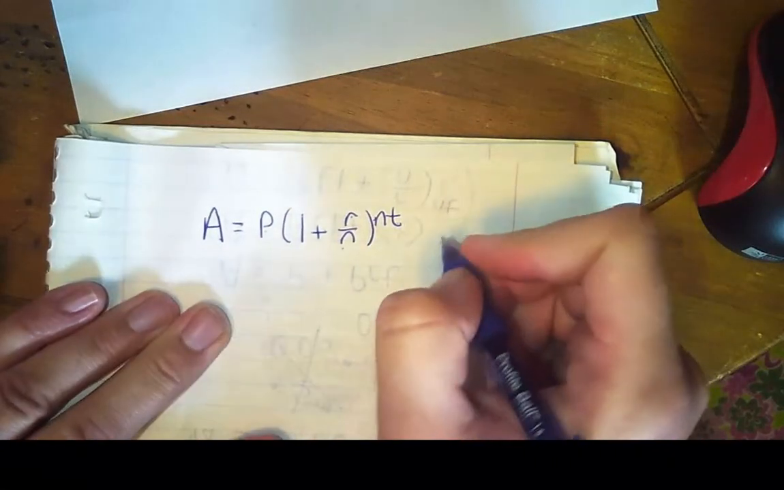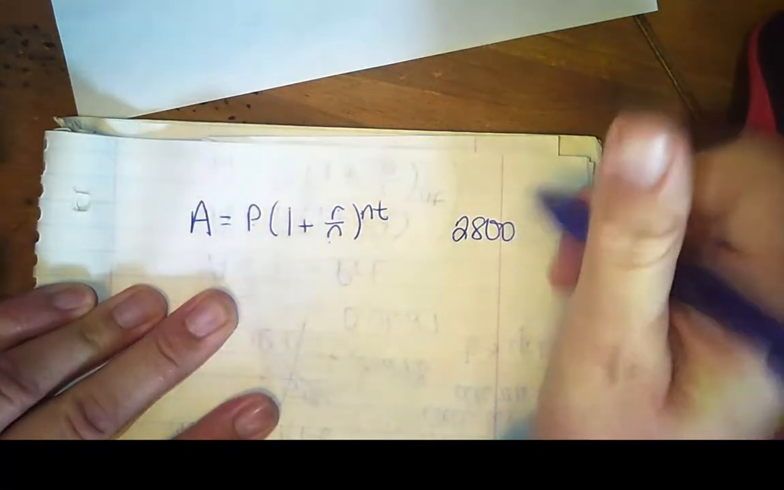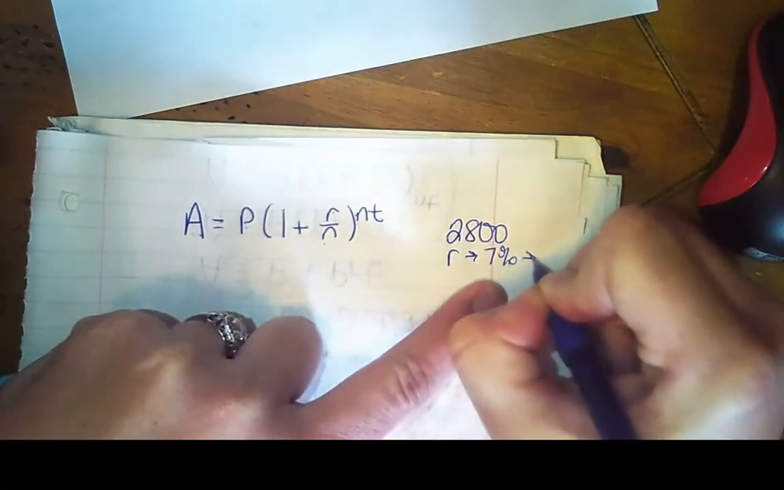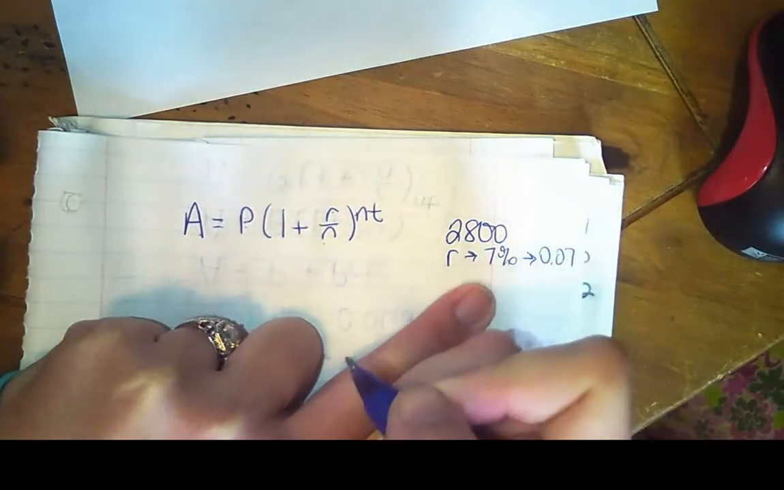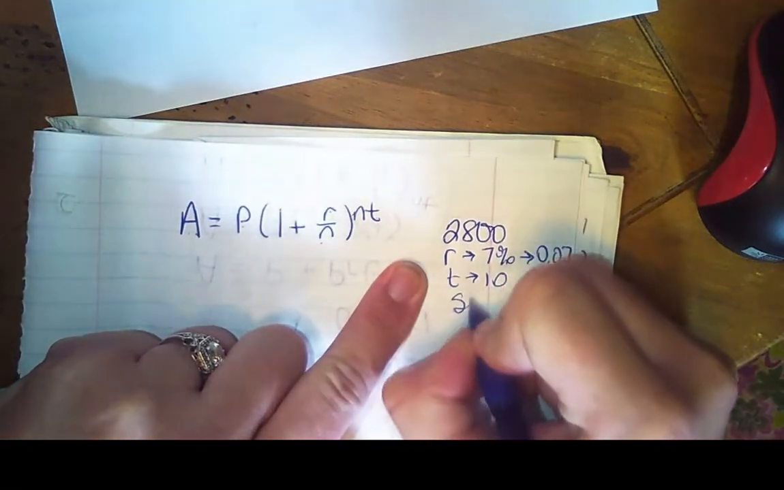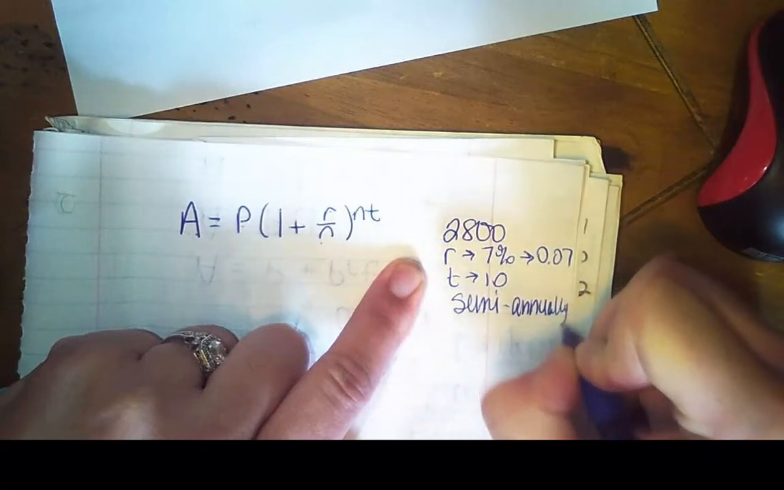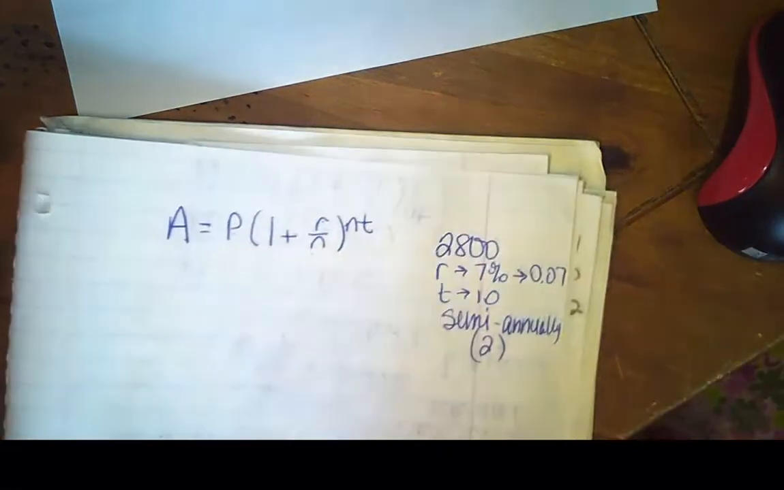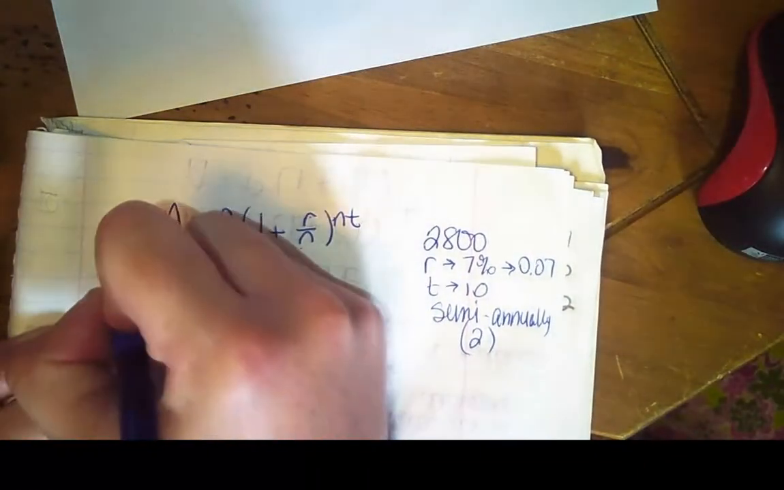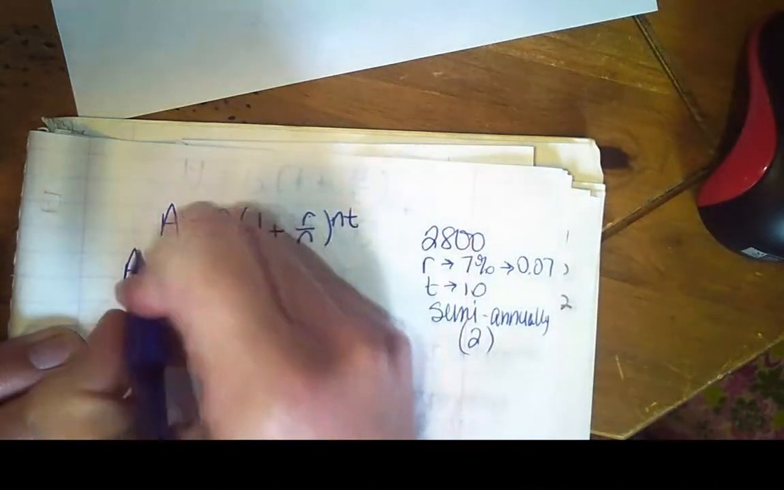Okay, so I am told that I start out with $2,800, so that's my principal. My rate is 7%, which is actually going to change to 0.07. And then T is going to be 10 years, and I'm compounding semi-annually, which is twice a year. So I've just got to fill in all of my information. I'm looking for the amount accumulated, or the amount achieved. My principal is $2,800